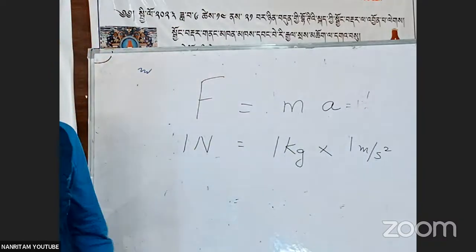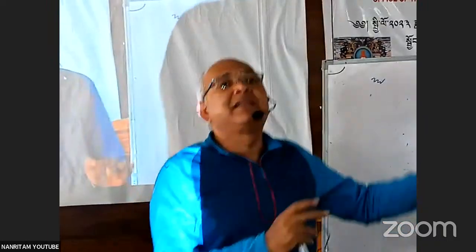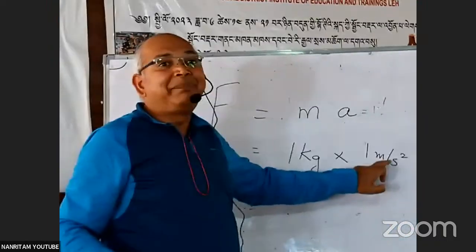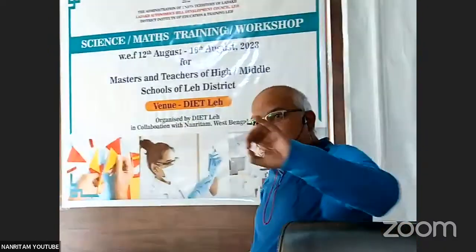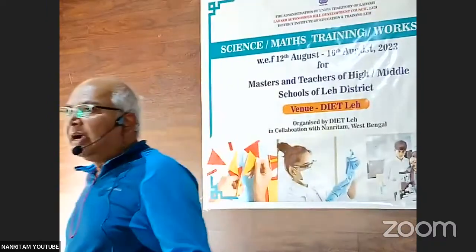मतलब 1 किलो की बॉडी के ऊपर अगर 1 न्यूटन फोर्स लगे तो उसमें कितना एक्सेलरेशन होगा, 1 मीटर पर सेकंड स्क्वायर। इस डेफिनेशन को एग्जाम में हम लिखेंगे, we'll get full marks, but we will neither remember it nor understand it nor feel it. पता ही नहीं, फीलिंग ही नहीं है। अब हम फोर्स लगा देते हैं।